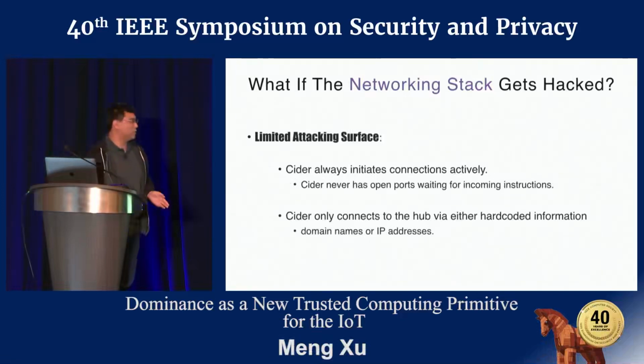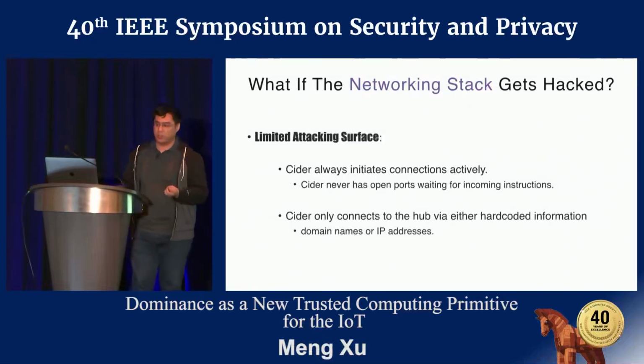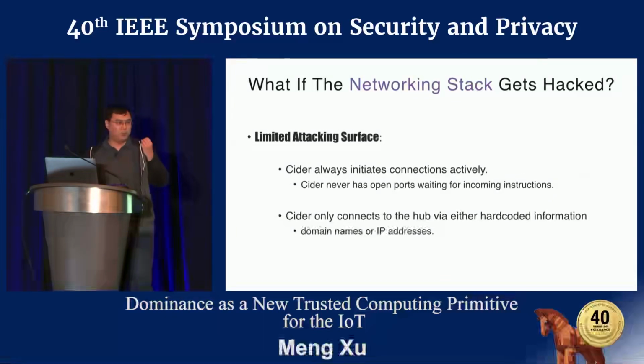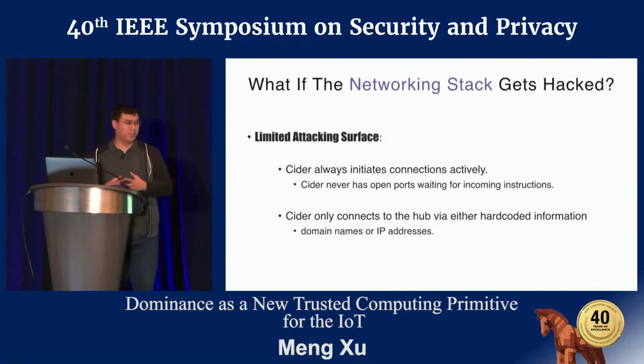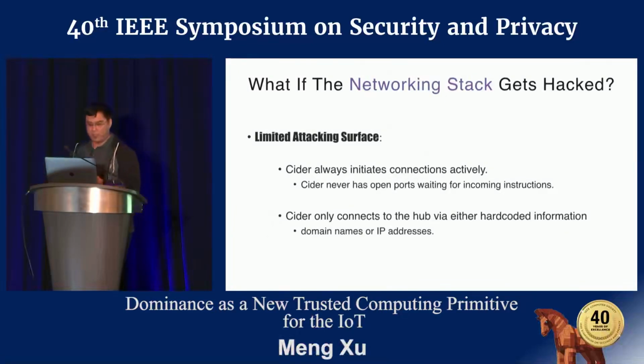And also, we don't actually make it more vulnerable in the sense that we don't go to random ports or random IP addresses or random domains to ask for commands. We only talk to the hub, whose IP address is most likely hard-coded there. And we only actively initiate the connection, instead of passively opening a port and waiting for commands. And the very last thing is, it's an Internet of Things, and if you have denial of service, your original functionality wouldn't work as well. So yeah.